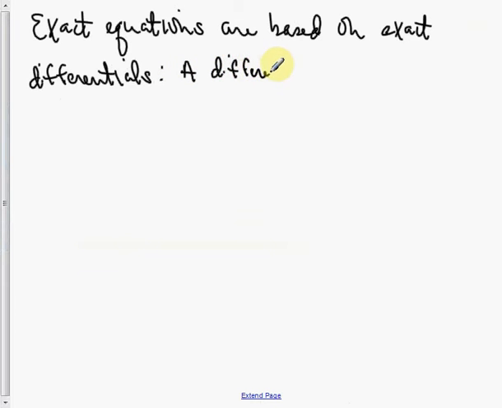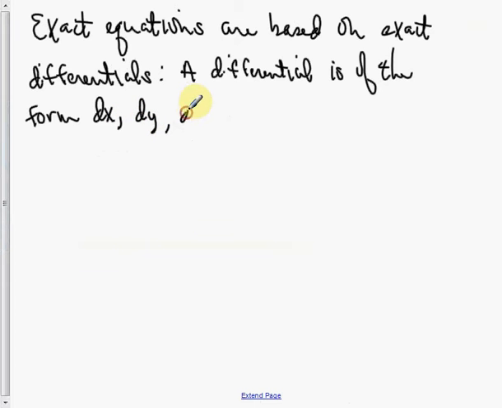A differential is of the form dx, dy, dt, dz, and so on. A total differential